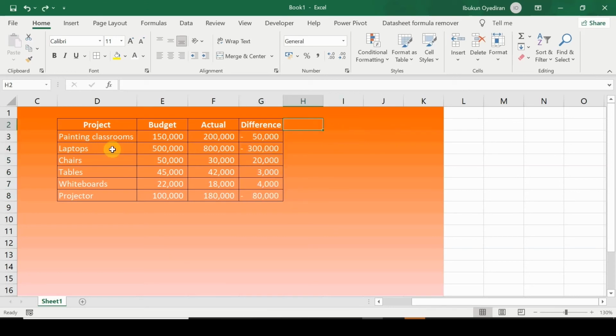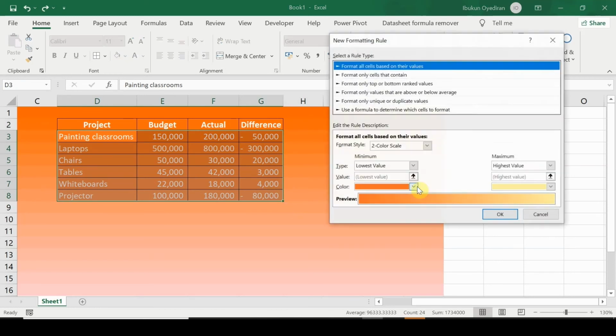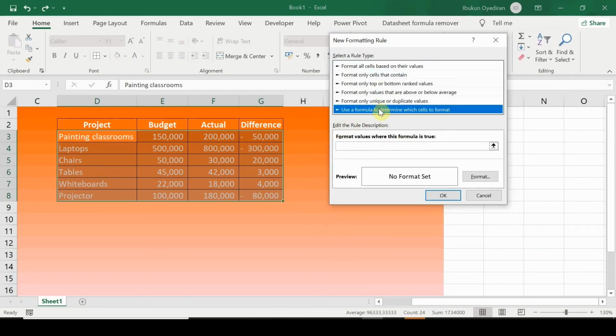Control Z. So first of all, you drag all your active cells, go to conditional formatting, new rule, use the formula to determine which cells to format, right? Then click on the first cell that shows the difference between the budgeted amount and the actual amount. Then press F4 twice to remove the dollar sign, that is to remove the fixed row, right? Or you just clear the dollar sign from the row number. Then less than 0,